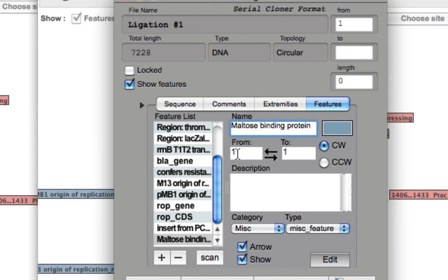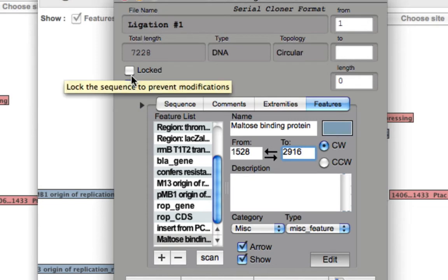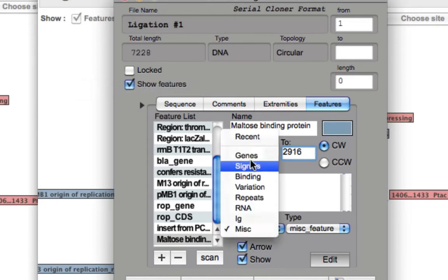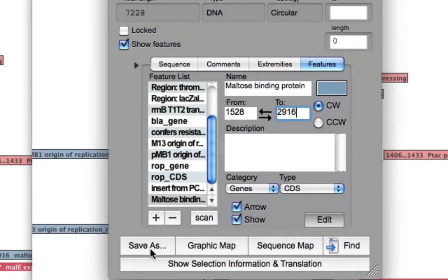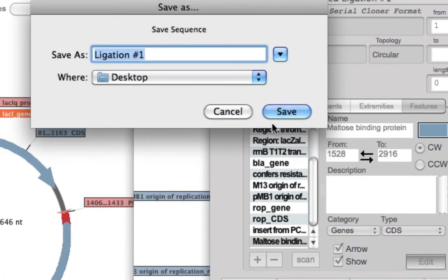And from the parent plasmid you will know that it spans from 1528 to 2916 nucleotides. It's in the clockwise direction, and this was already unlocked, so you can make all these changes only in the unlocked position, right? So make sure that it is unlocked. Now instead of miscellaneous feature, it is a gene which has a coding sequence. Now you save it.